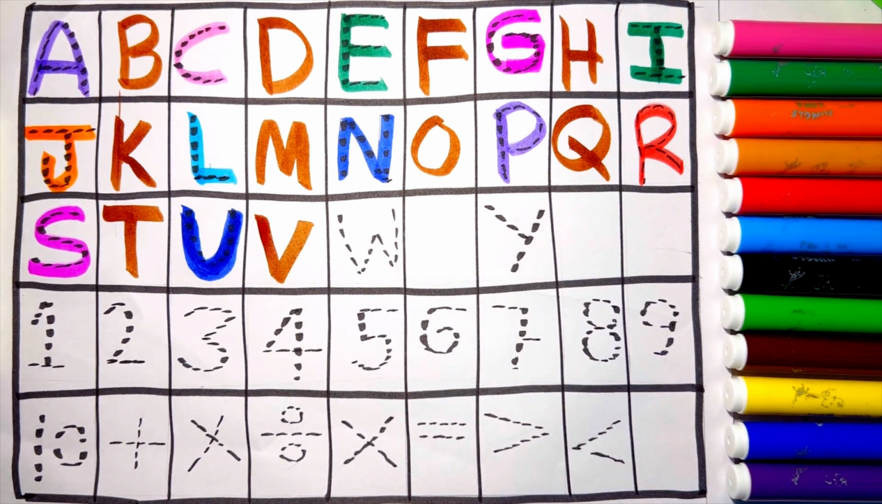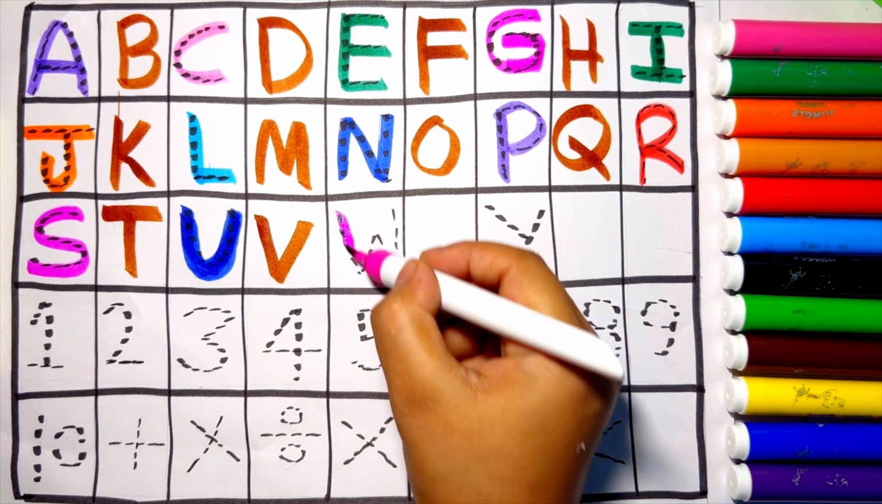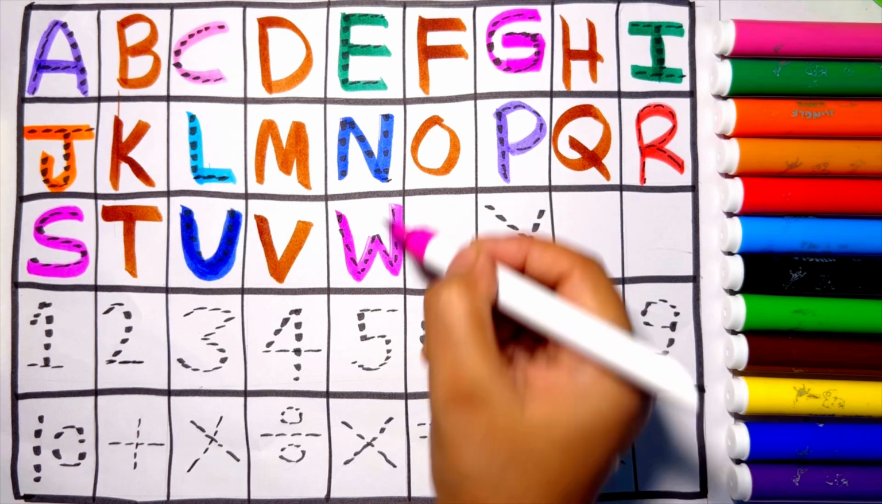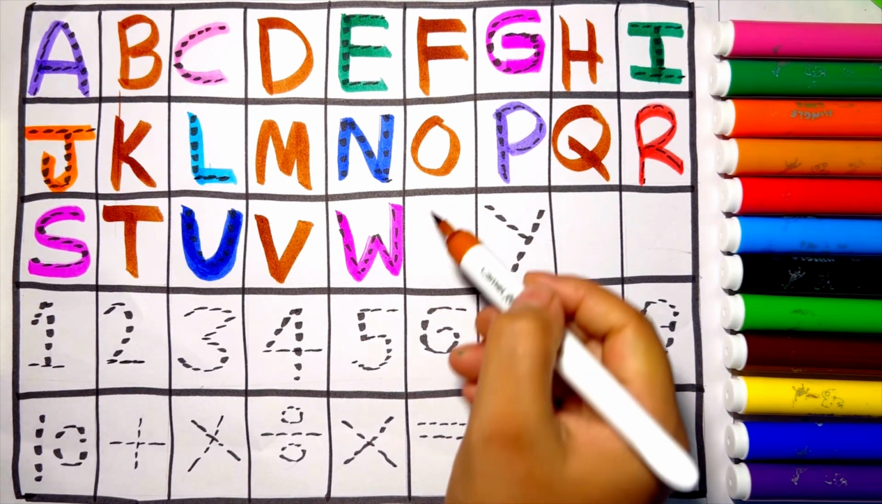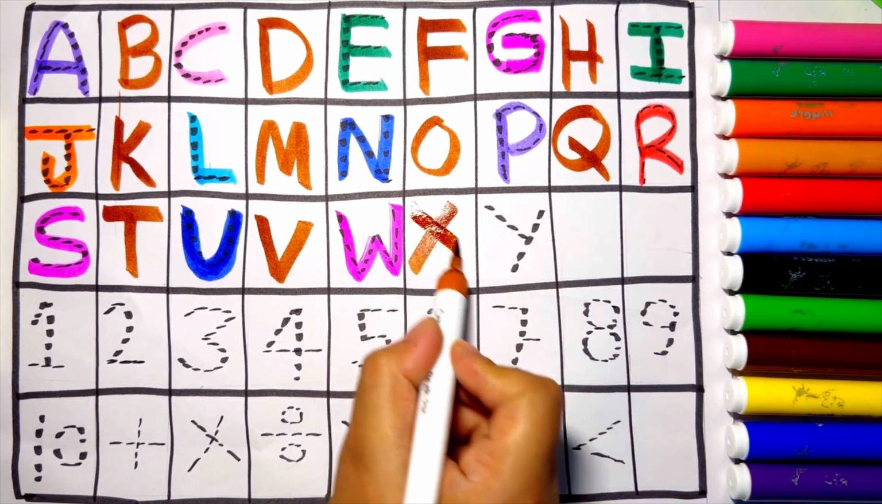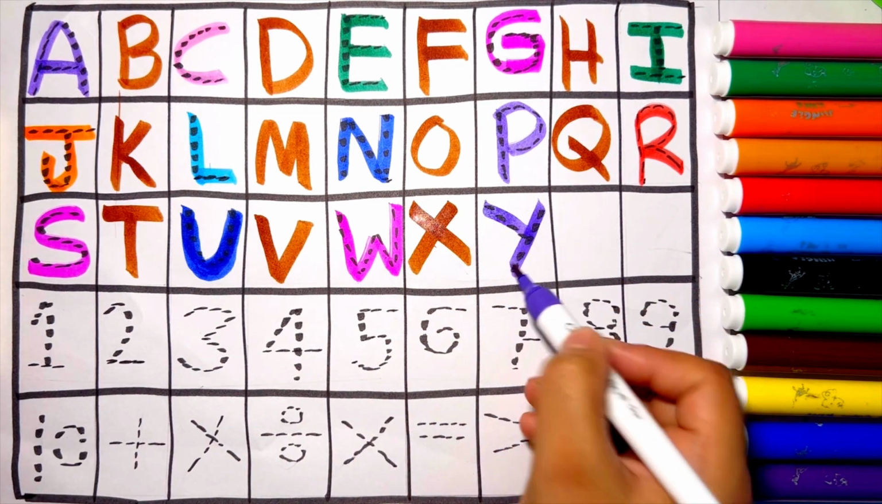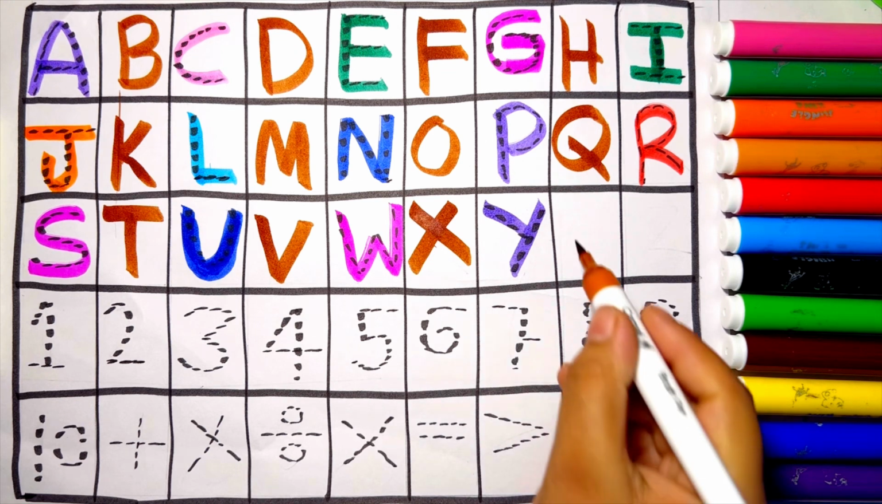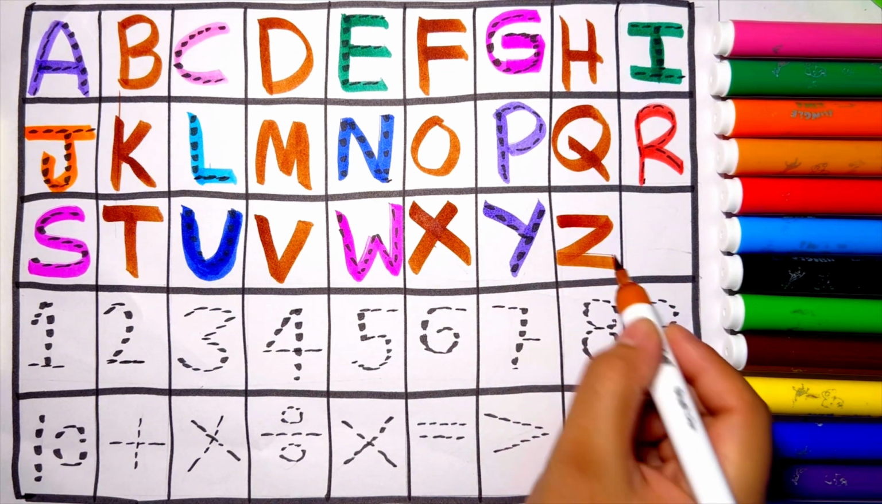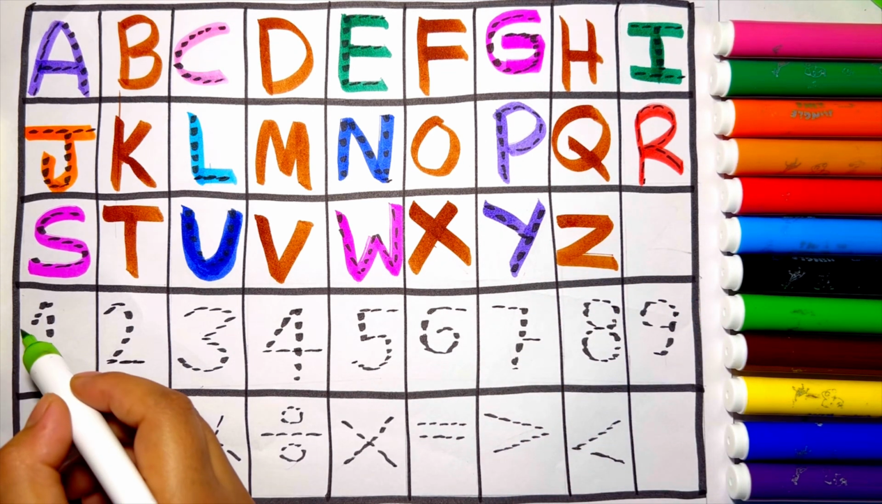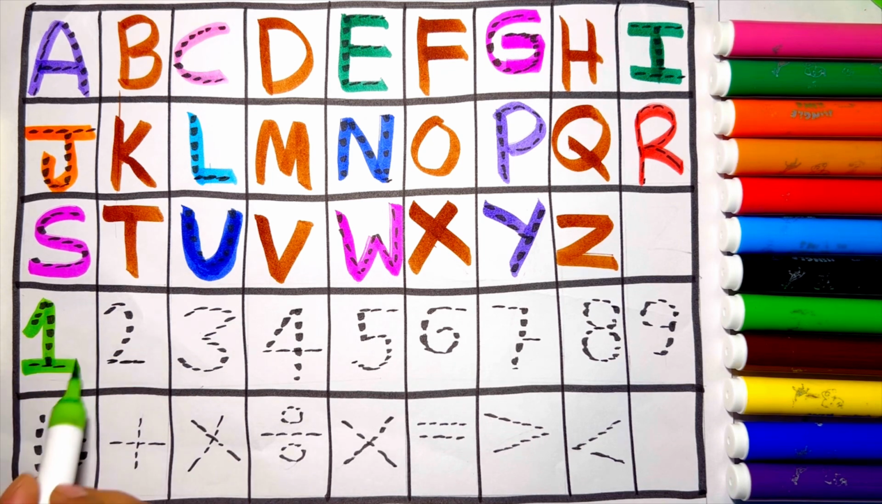V for vest. W for watermelon. X for xylophone. Y for yo-yo. Z for zebra. Let's learn number 1,